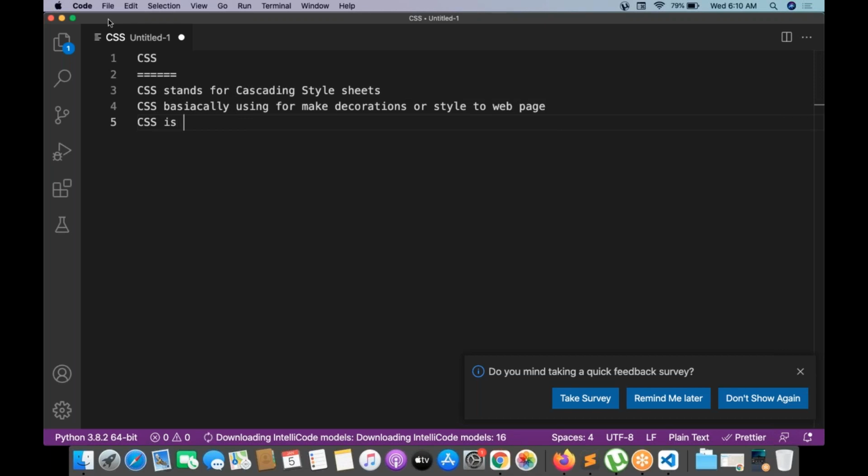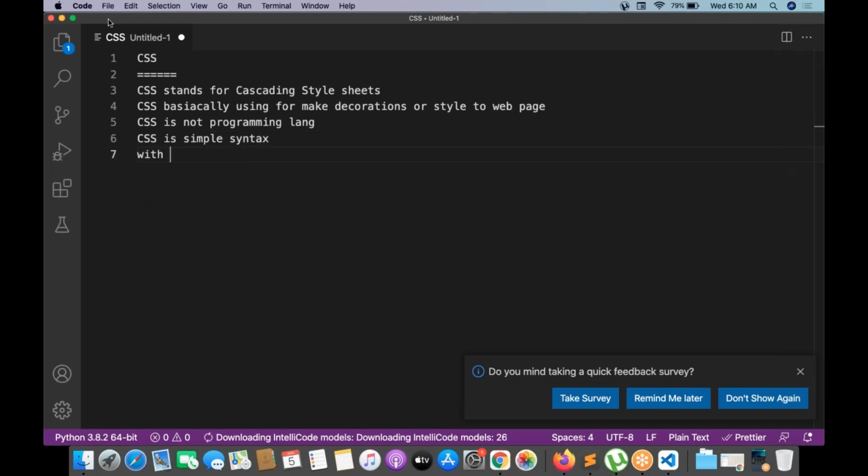CSS is not a programming language, and CSS has a simple syntax.